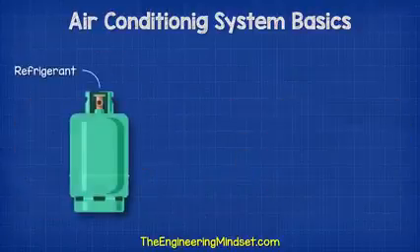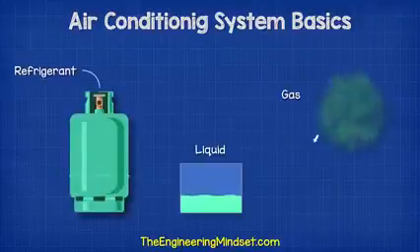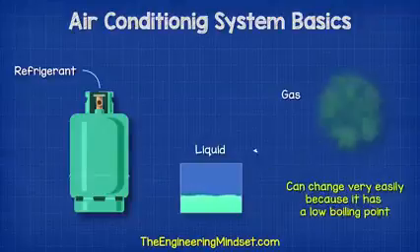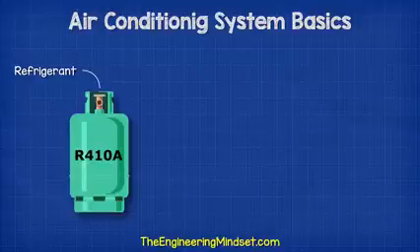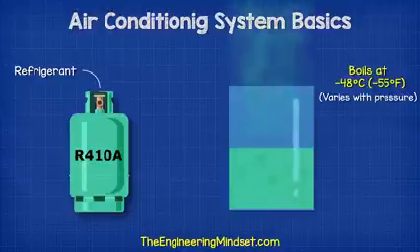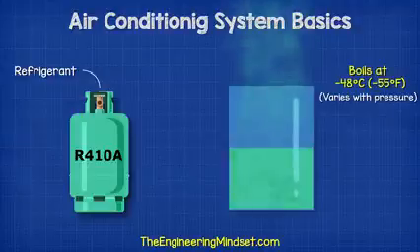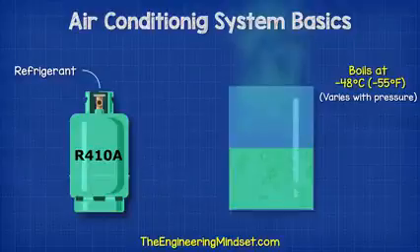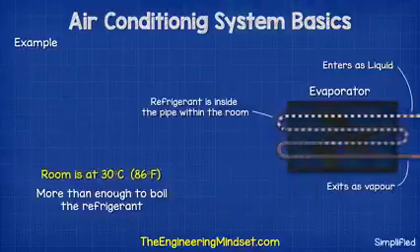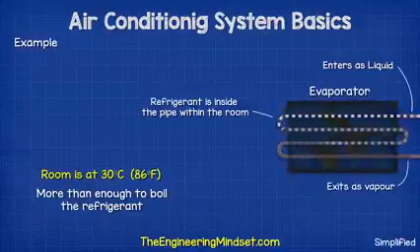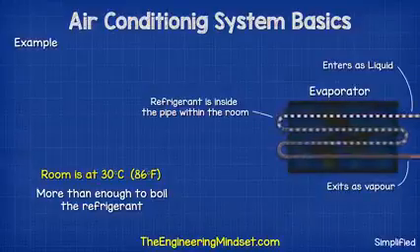The refrigerant is a specially designed fluid which can change between being a liquid and a gas very easily. And that's because it has a very low boiling point. For example, refrigerant R410A will boil at negative 48 degrees Celsius or negative 55 degrees Fahrenheit, although this will change with pressure. But if the refrigerant is inside a pipe within a room, and the room is at 30 degrees Celsius or 86 degrees Fahrenheit, then this will be more than enough to cause it to boil from a liquid